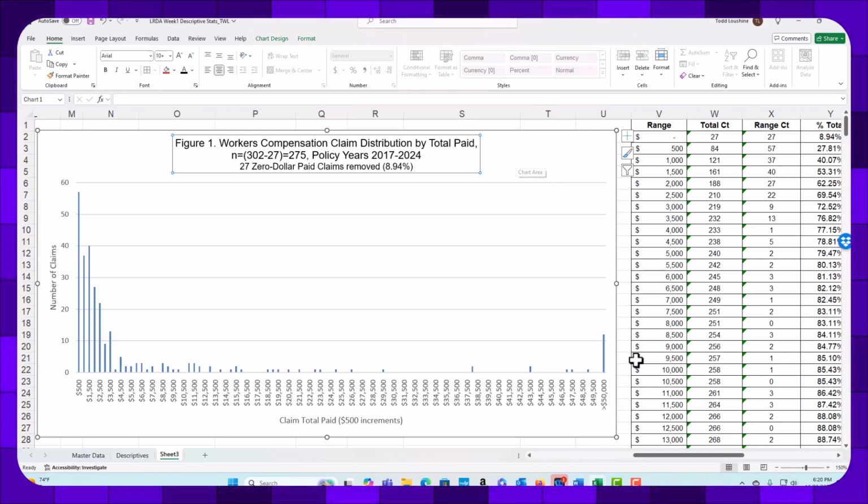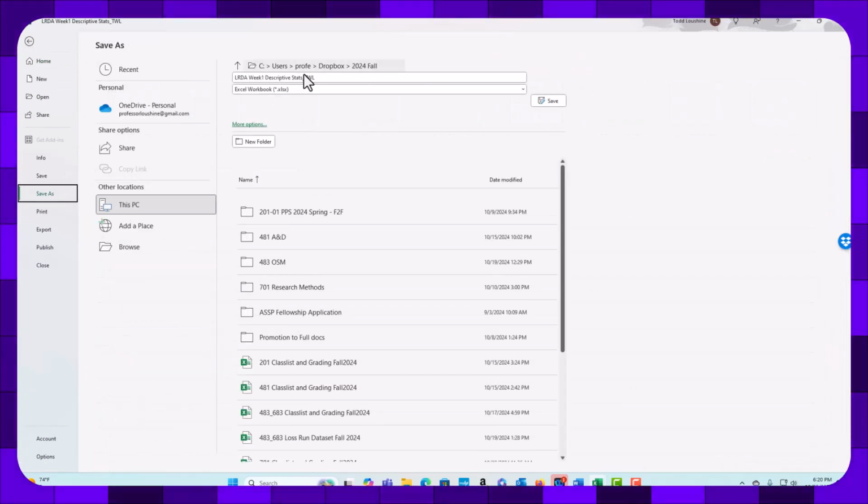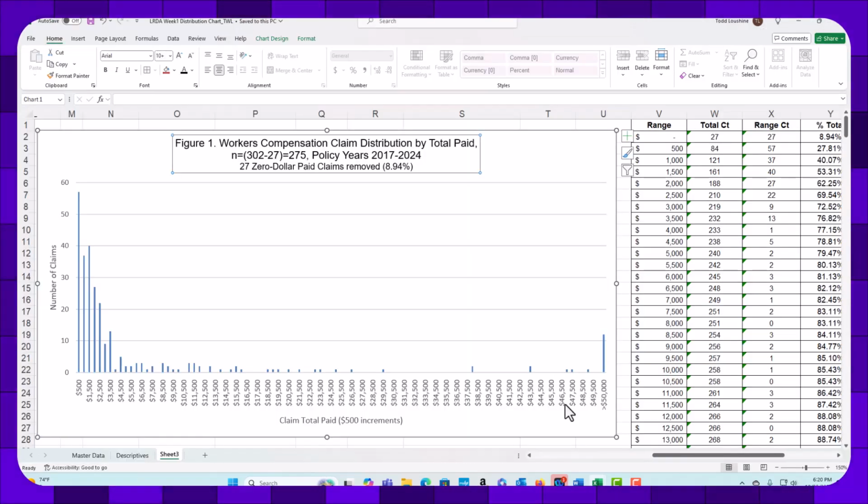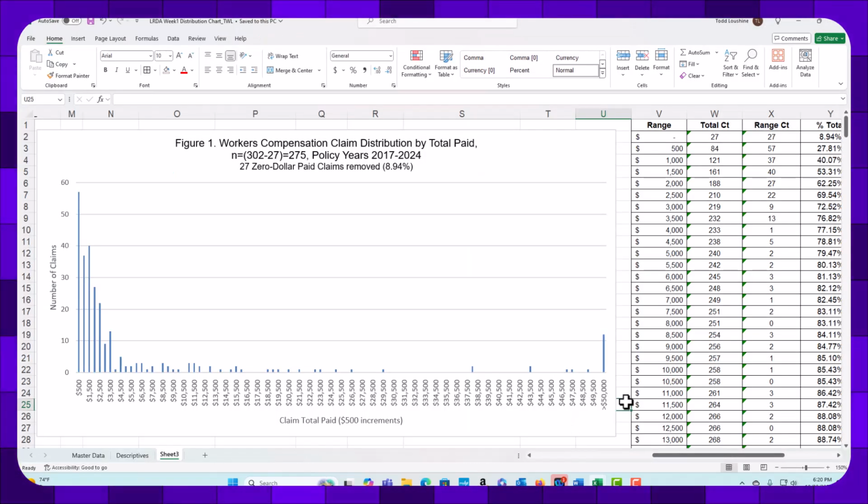Okay, so let's start adding what this stuff is. First of all, save as. And instead of week 1 descriptive stats, this is week 1 distribution chart. Save. I mean, you could keep it as week 1, but I'm trying to be ultra careful. So I saved my work. I know where I am. I've got to turn this into distribution